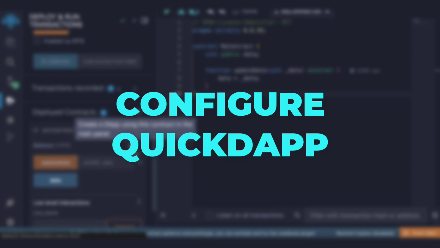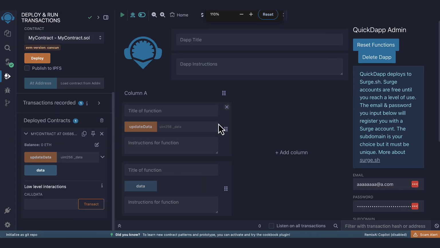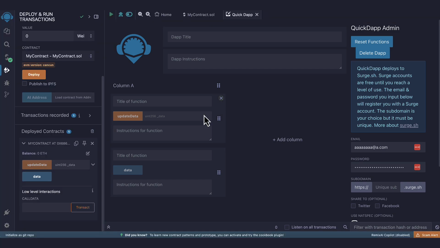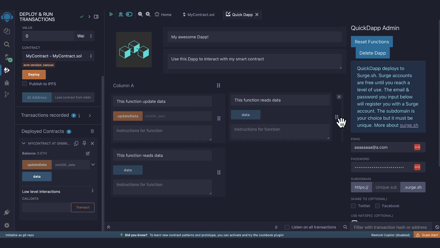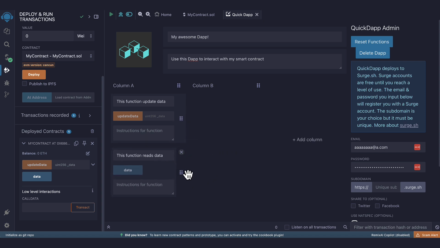Next, we are going to configure Quickdapp. For that, let's click on this icon. This will open the Quickdapp configuration panel. On the top, you can configure the logo, title, and description of the frontend. On the bottom, you can configure the UI. You will see one box generated for each public or external function. You also have a drag and drop visual editor if you want to rearrange the position of the boxes. You can remove columns by clicking on the X icon, and you can also remove a box if you don't